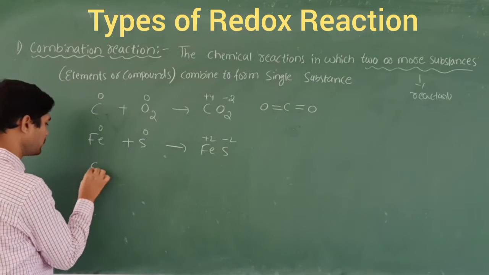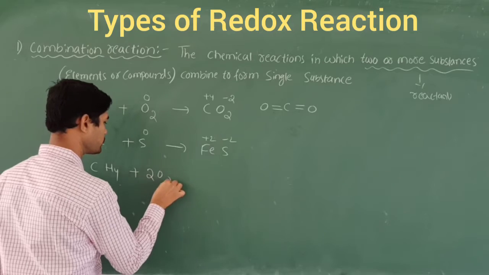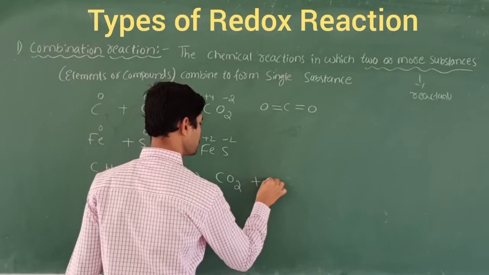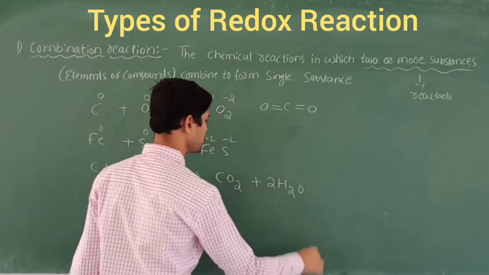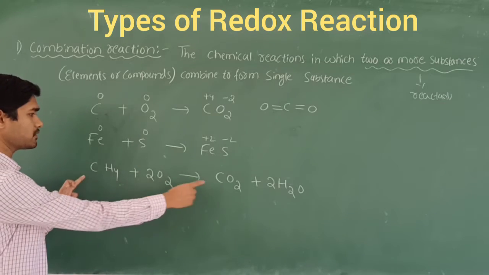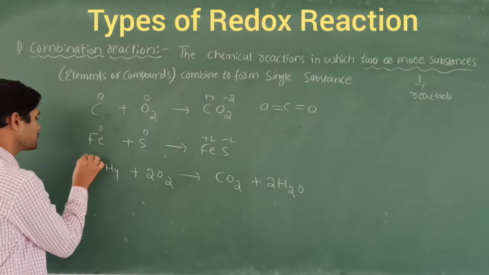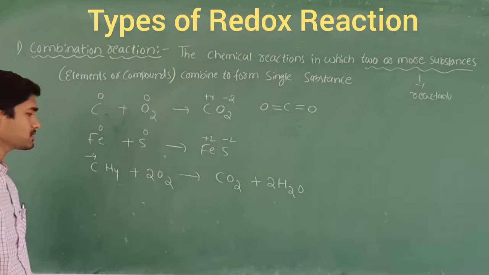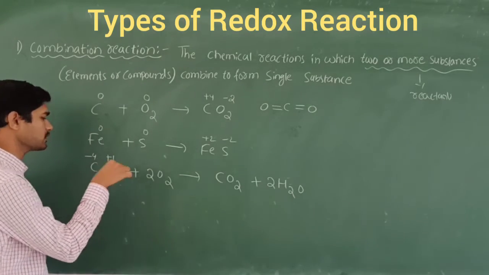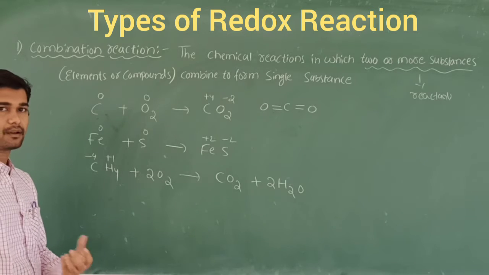Let's take one more example: methane plus 2 oxygen molecules. We obtain carbon dioxide plus 2 water molecules. Let's check the balance here. First we should see the reactant side: everything is balanced. What about the carbon oxidation number here? It is -4, because hydrogen is highly electropositive, so hydrogen is +1. We should not look at that 4 on this side; 4 comes to this side, so with the sign change, -4.